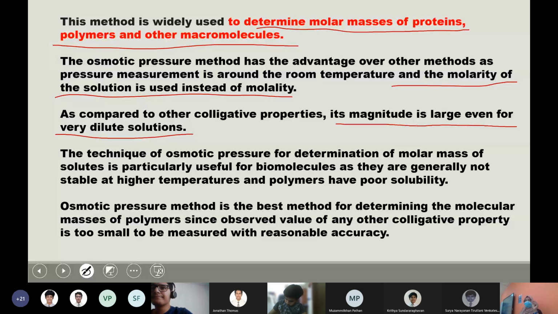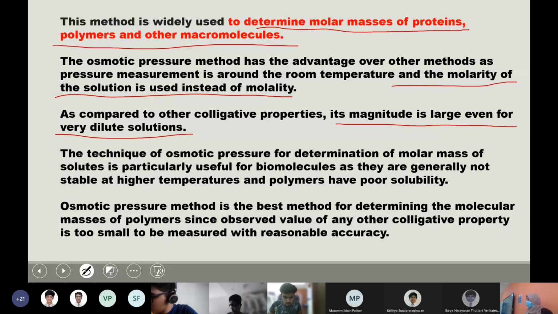But the problem is that when the concentration of the solute is very less, the increase in the boiling point or decrease in the freezing point is very small. So accurately you cannot measure, because the change is very small for a small concentration. So when you are using a very small quantity of the solute, the accuracy of the delta TB or delta TF calculation is a problem because the change is very less. So if your water boils at 100 degrees Celsius, after adding solute it is 100.13 degrees Celsius. The change is very small for a small addition of solute.